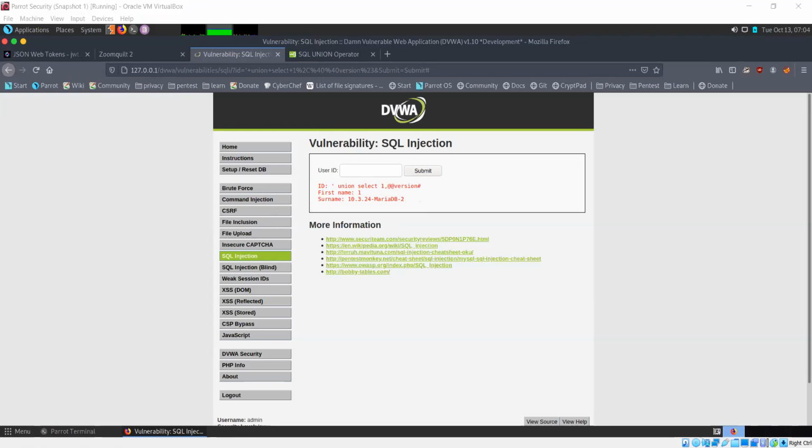Let's try finding out the host name. So I'll just use a similar query, union select, not version but host name.